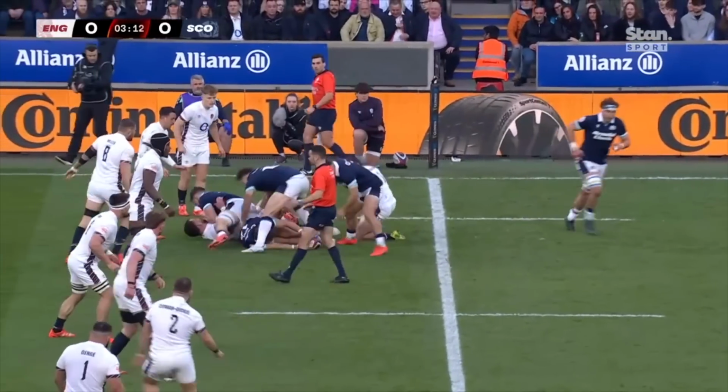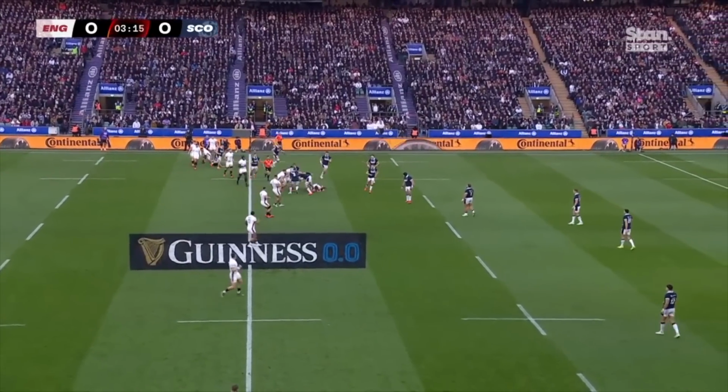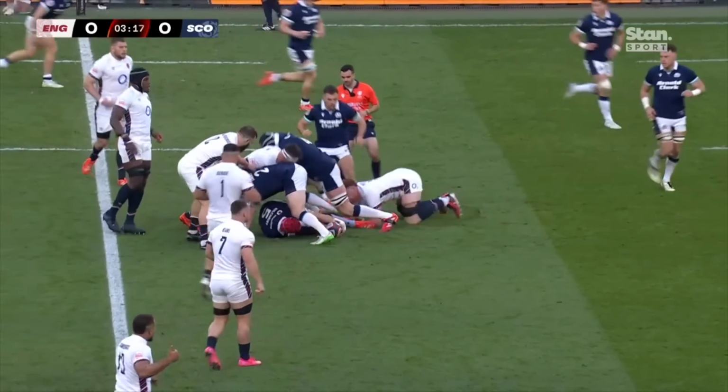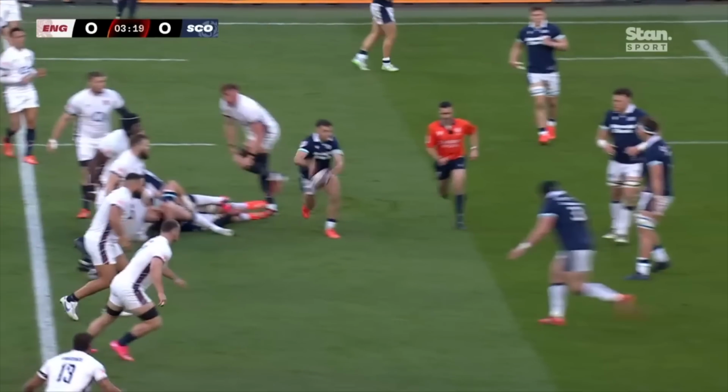England set up the hammer, but instead of going to width immediately, Scotland changed tack and simply take the tackle. Chesham catches them 5 metres behind the gain line, but Scotland are set up to make the ball incredibly fast here. Only Tuipulotu is able to fold round on the open side in that time, meaning the hammer is just